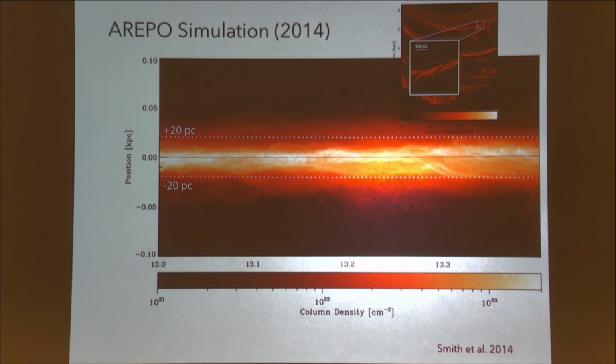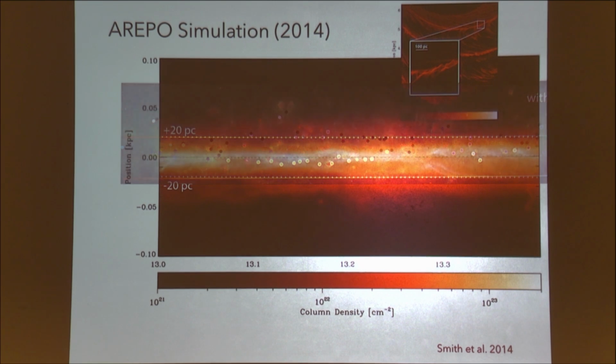Right, so there are things that would be that small and that long in these simulations. So that was reassuring. Previous simulations, by the way, had a resolution of like 50 parsecs off the disk, so there was no way to see anything like this. Remind me what the circles mean.